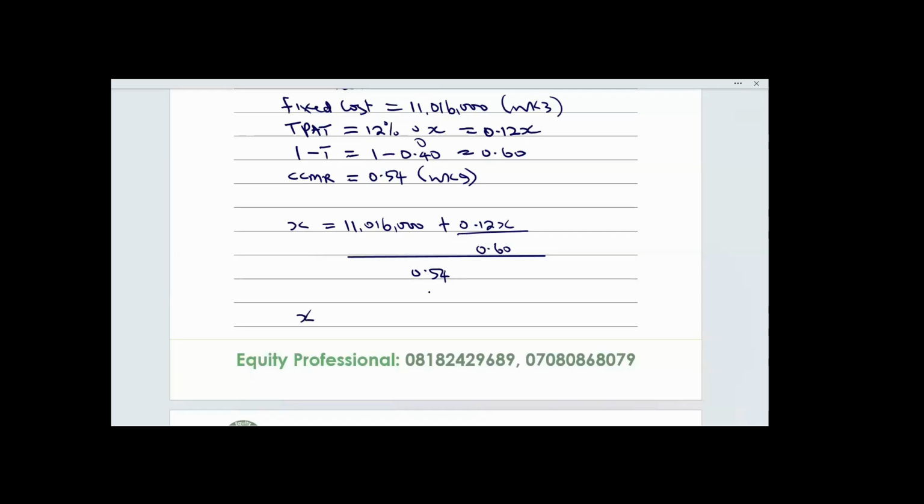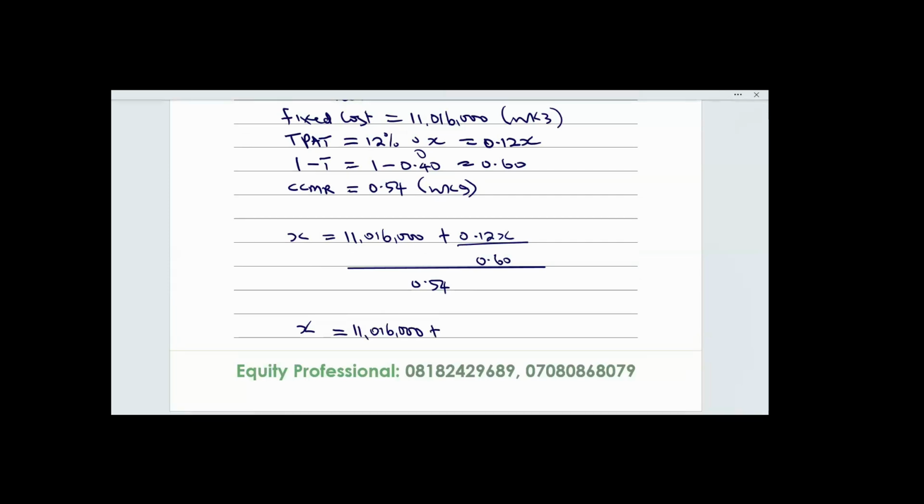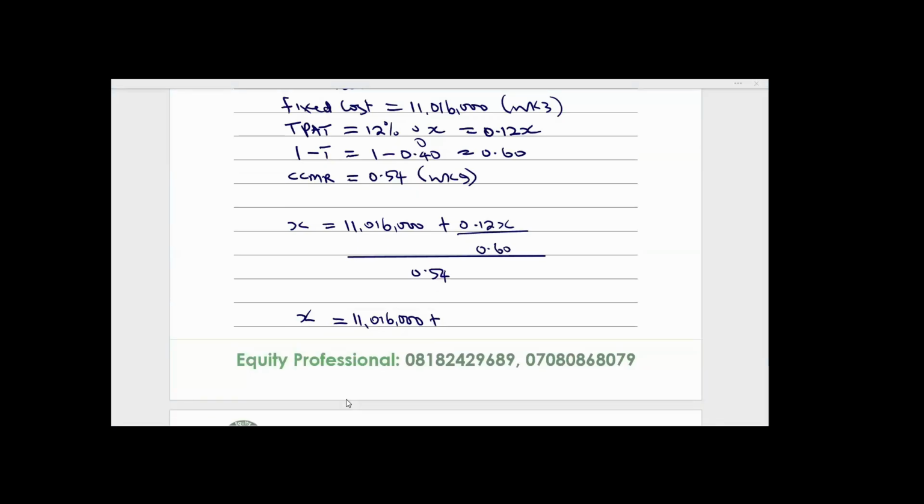So X will then be equal to 11,016,000 plus 0.12 divided by 0.6, that's 0.20, 0.20x,